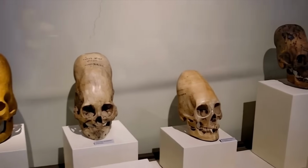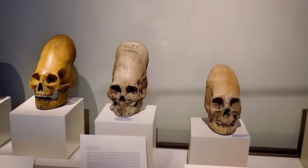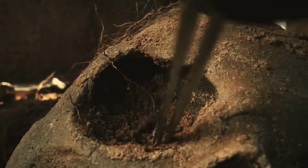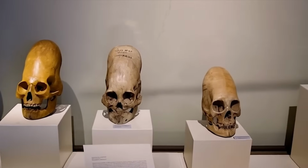We couldn't mention unresolved mysteries of this world without speaking about these elongated skulls. In the deserts of Peru, researchers uncovered 5 ancient skeletons, 2 with unnaturally elongated skulls. While head shaping was common in many cultures,